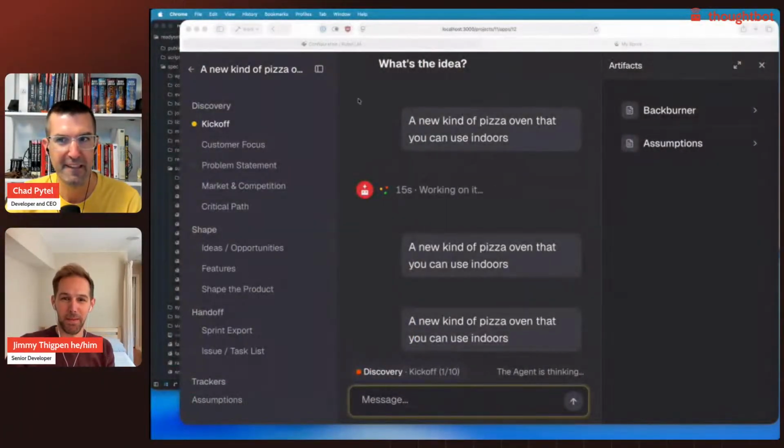I have a few sprints here in progress. One for a new kind of pizza oven. Nice. And you can see that I've had this chat for a while now. Do you want to share your screen, Chad? I don't see it. Oh, yeah, thank you. There we go. But this is the UI